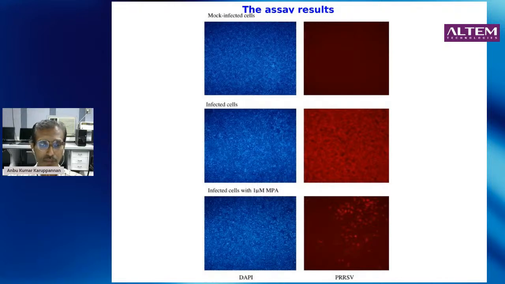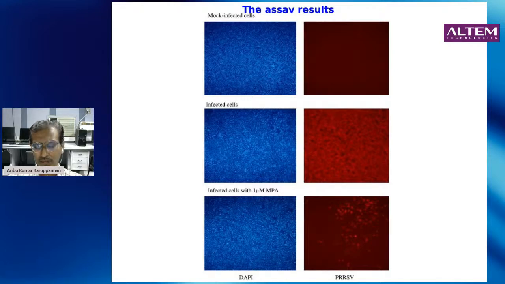So we know whether the cell nucleus was there, whether the cells were healthy, and also whether the virus was there. You can see in this screen that the topmost two panels show the mock infected cells, that is, cells without any virus infection. You can see that the DAPI signal is clearly seen, but the virus signal is not seen there. And in the next panel, we infected the cells. On the left side, you can see the DAPI indicating the different nuclei in the cells, and on the right side, you can see that the virus infection gives rise to a signal in the red wavelength.